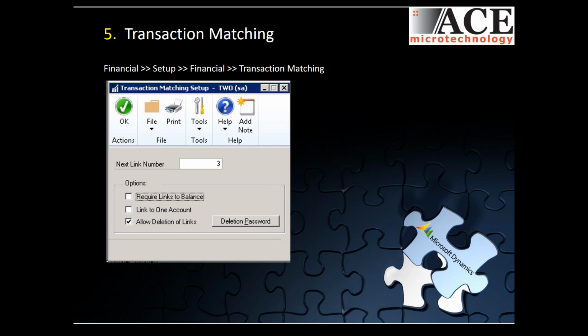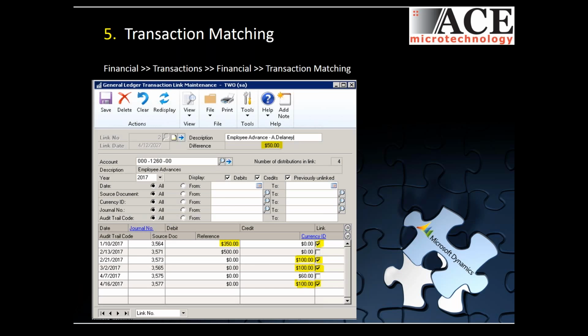So each individual person is going to pay back that advance based on whatever agreement has been made. But how do you know, if they're paying it over time, what they have left? You have the option of creating more GL accounts, but who really wants to do that? With transaction matching, I actually have the ability to create a named transaction matching link, and mark those transactions associated, in this case, to that employee, so that I know, based on what's been marked, exactly what she has